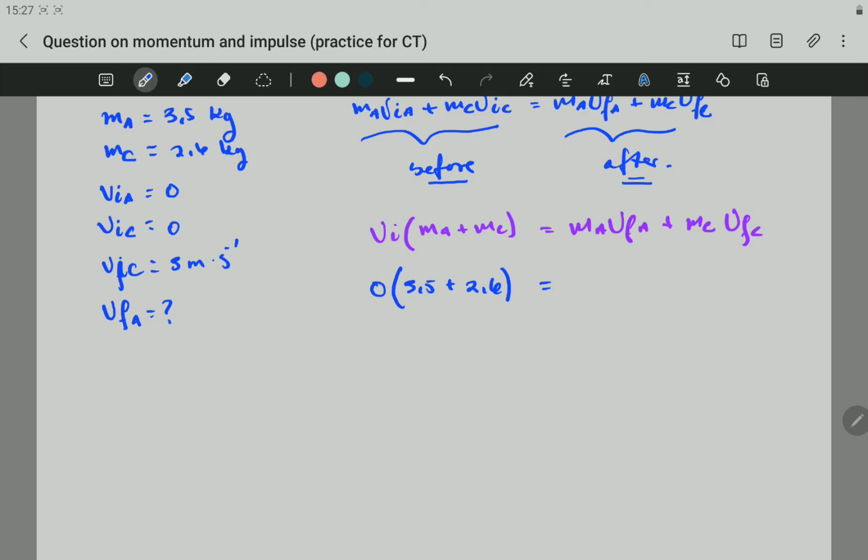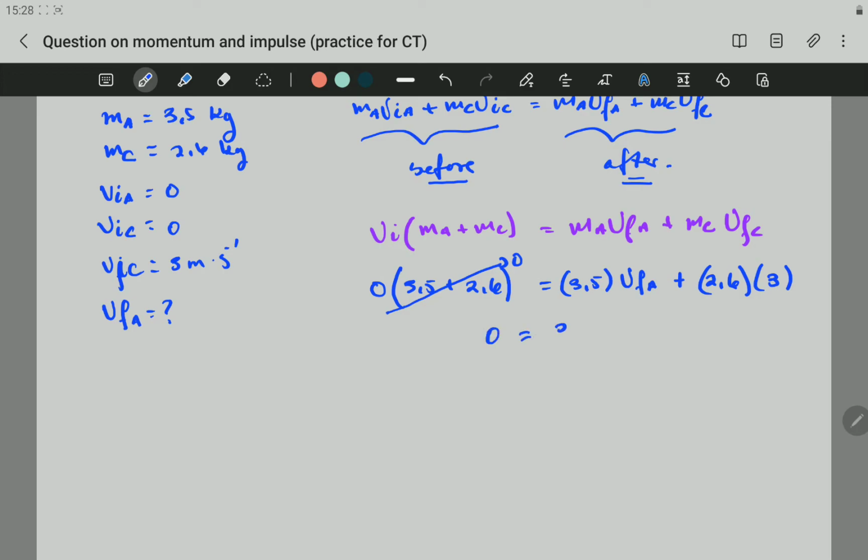and this is equal to mass of A, which is 3,5 multiplied by the final velocity of skateboard A. We are looking for that, plus the mass of the cat, which is 2,6, and the final velocity of the cat is 3 meters per second. So all this left hand side is going to be 0. Is the product by 0. When you solve this one, you will get